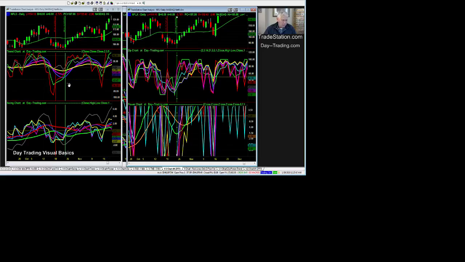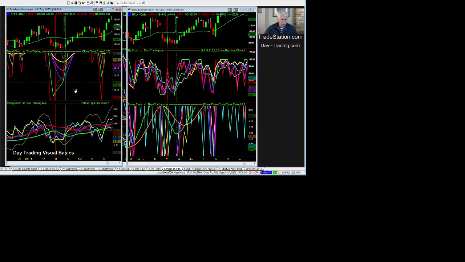If you go over here to the trend chart, you can see the green vertical line is on the first day of the yellow, pink, and blue turning up. So they have verified an uptrend. And the uptrend started earlier than that, when the